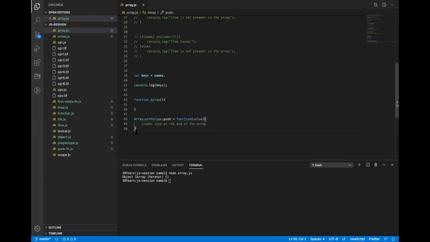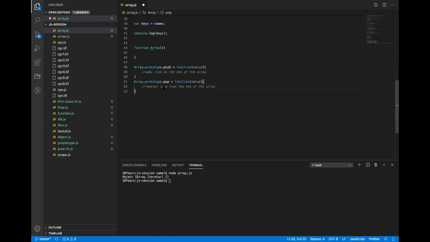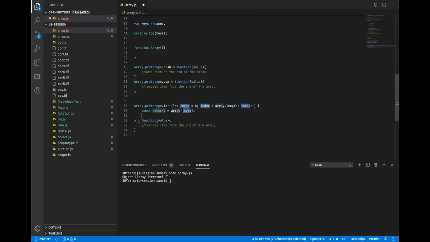In the same way we have pop, which removes from the end. Like push and pop, there are shift and unshift. Then forEach: in forEach we take a loop iterator function, or we call it a callback.